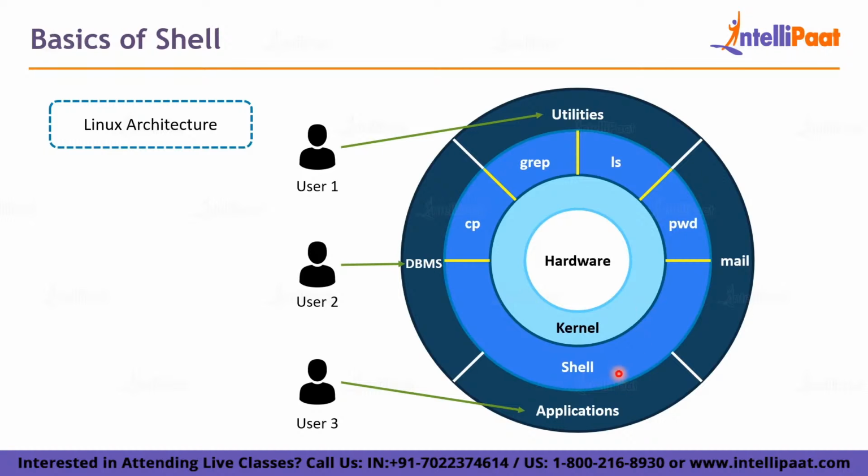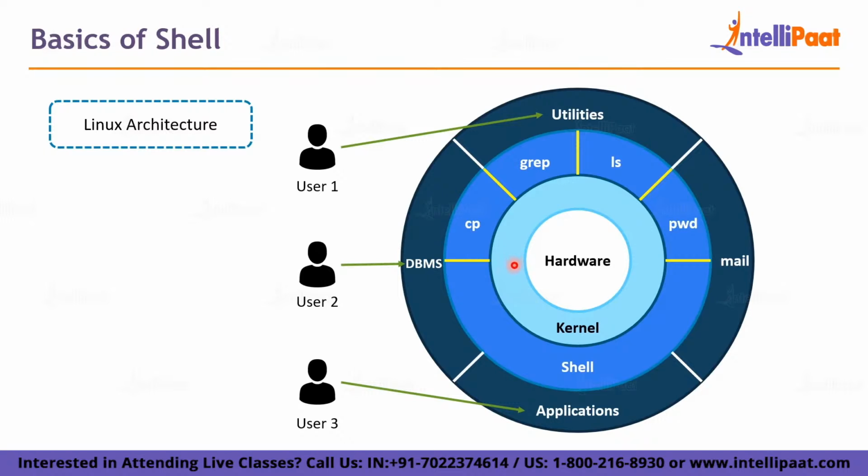We'll see what the shell is, but right now let's consider the architecture. You have the applications and then the shell after that. The shell executes your commands for you and communicates with the kernel for you. As an end user, you see the shell, you type in a command, or you just click on an application. The first instruction is given to the shell. Let's say you want to copy a file, so you use the copy command. The shell knows you're trying to copy a file to another file, so it interprets the command and instructs the kernel to do this particular operation.